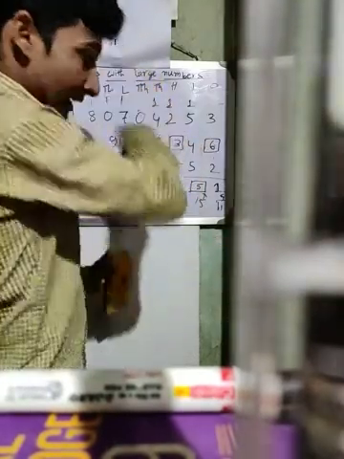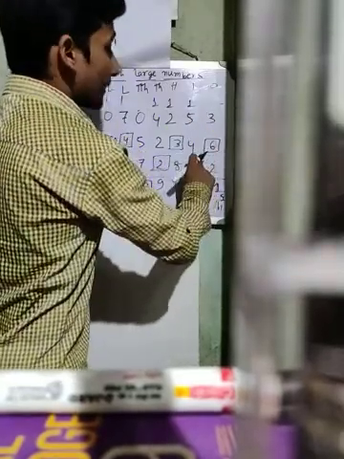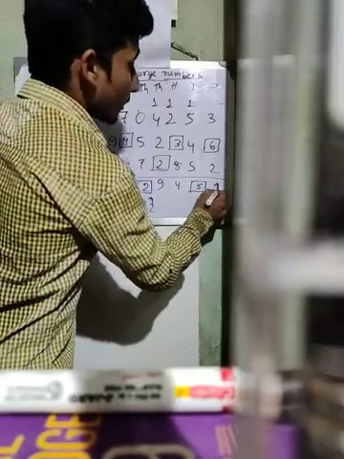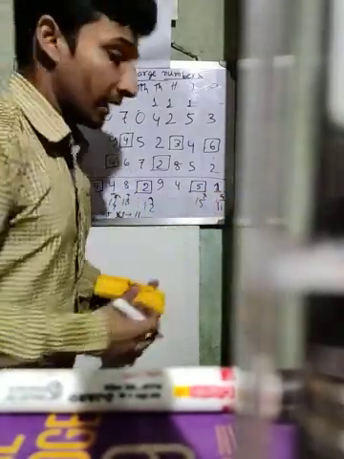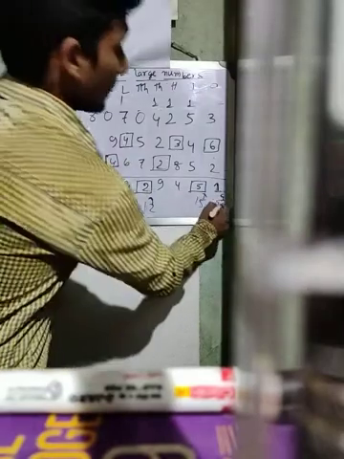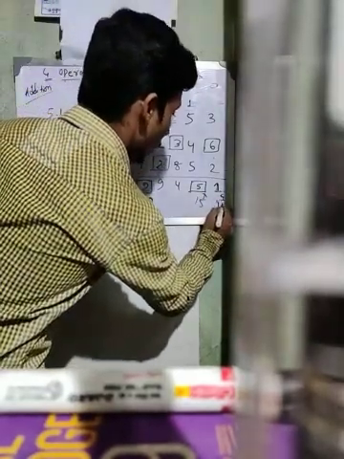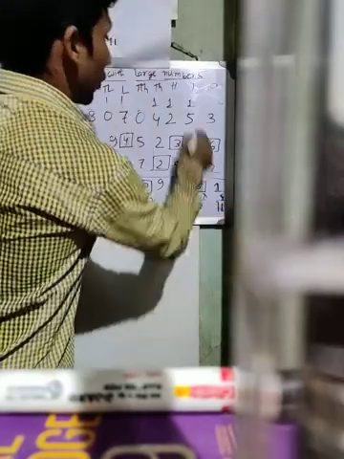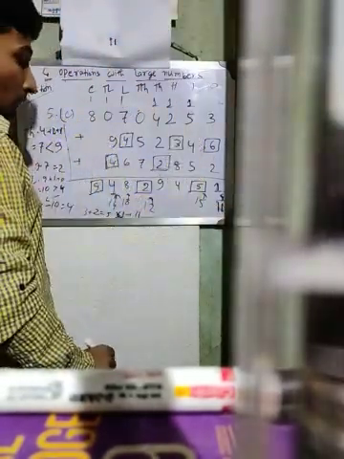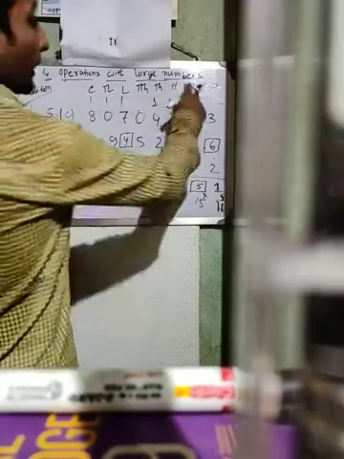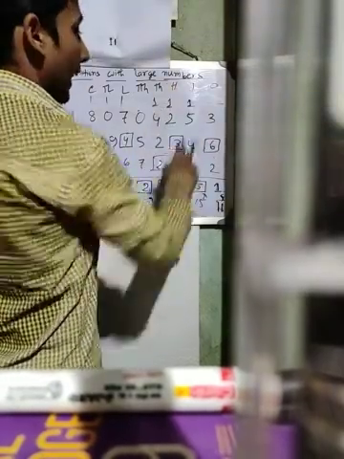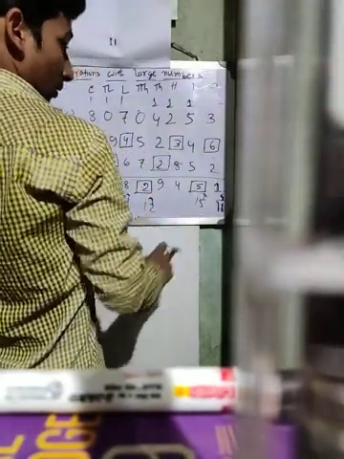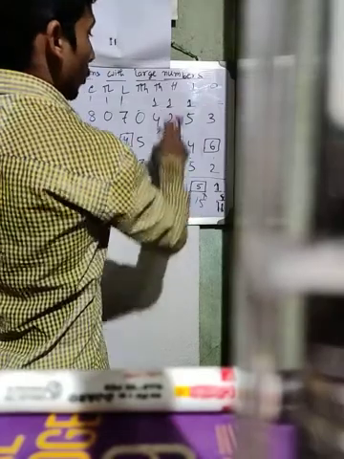Clear? Because the sum of these digits cannot be greater than 1. So this is not 1. Actually this is 11. That means we have to add 10 with this. So now we put 1 here for the ones place, and another 1 will be the carry. For the tens place, 5 plus 4, 9, 9 plus 5, 14, 14 plus 1, 15. For 15, 5 will be placed and 1 will be the carry.